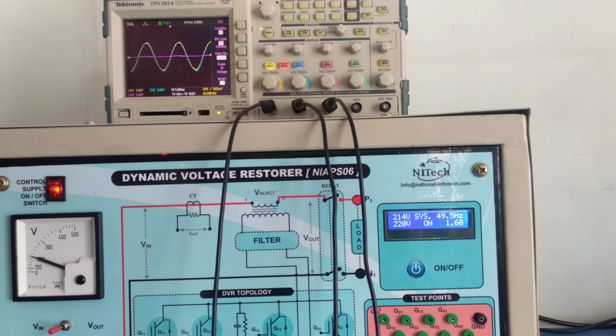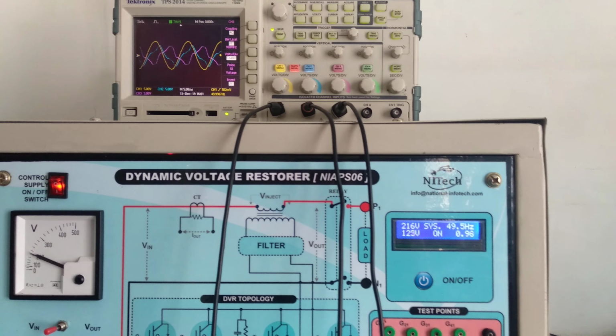So now we show the over current trip as we increase